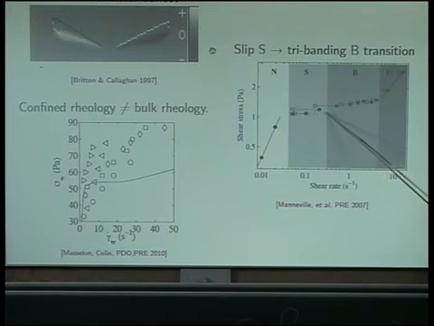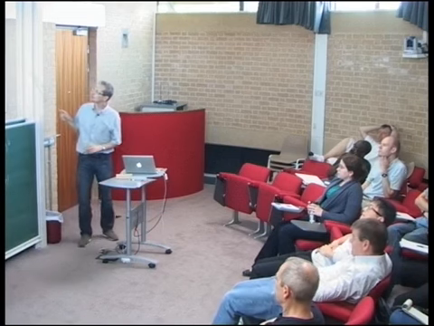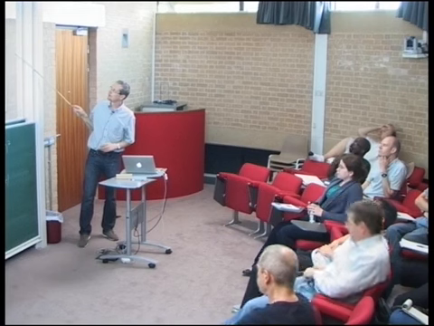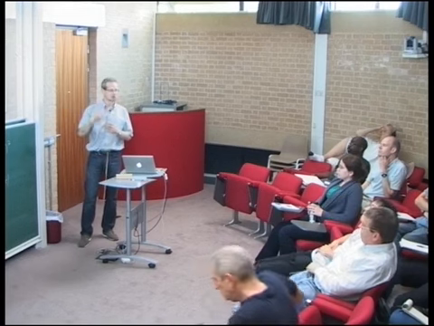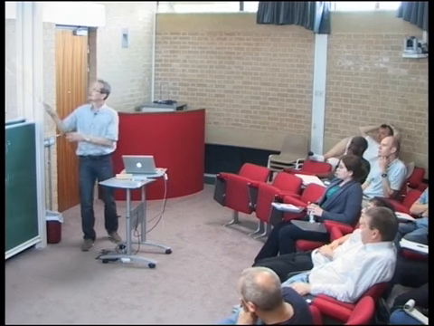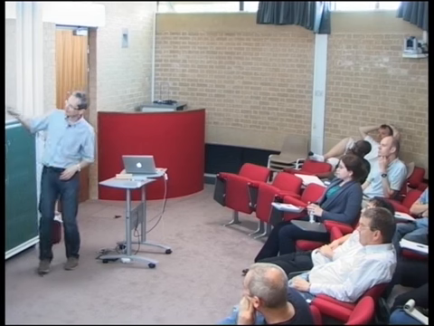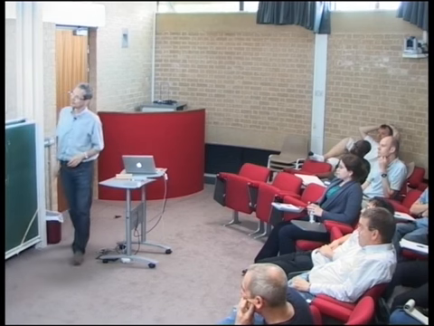And then there's a region where the wall slip goes away, and you end up with a three-band state, similar to what I showed you, similar to this one. And then above a given shear rate, it becomes unstable. So there's some relation in this particular system between how much it slips and whether it bands or not. And this is an example of the